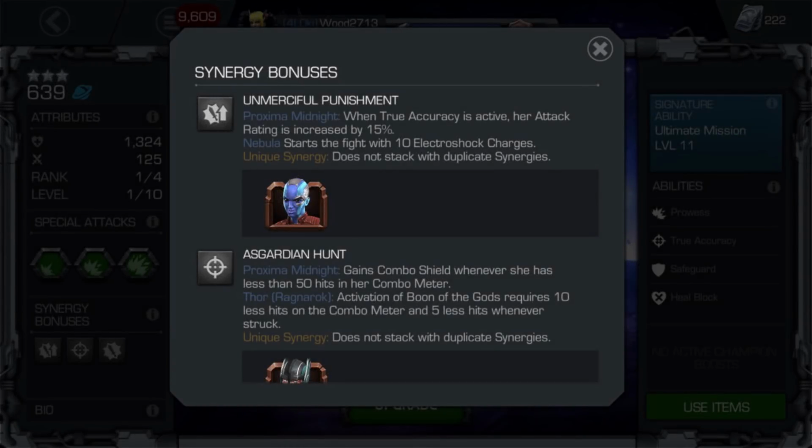Okay, before I begin, shout out to Wood in For Loki for sending me a screenshot of 3-star Proxima Midnight synergies. Okay, guys. Proxima Midnight has a synergy with Nebula that allows her to start with 10 electroshock charges at